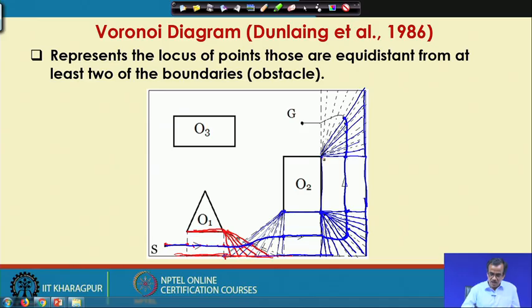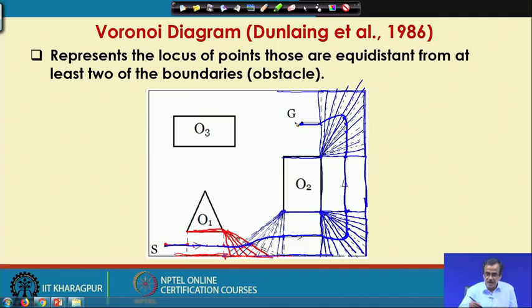Now, we consider this vertex and this is the boundary of the field. These are the straight lines which you are going to consider, and once again we try to find out the locus of the midpoint. So, you will be getting this type of locus, and then from here to this particular goal. This is the obstacle boundary and this is the boundary of the field. From here the locus will be something like this.